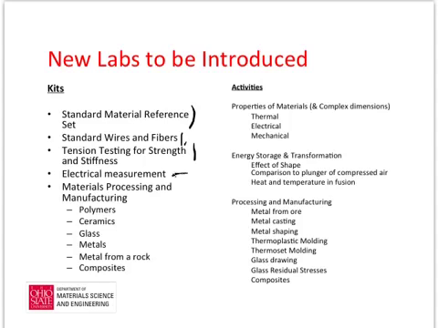We can do some electrical measurements with simple things like a battery, an ammeter, and a voltmeter. And we can develop some kits for doing materials processing, for processing polymers, ceramics, glass, metals, making metals from a rock, making composites. And these kits will be used for these activities. So we can look at the properties of materials, again, look at these dimensions that they work, do this in thermal, electrical, mechanical, look at storage and